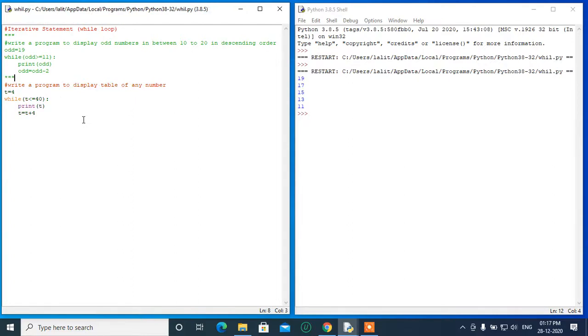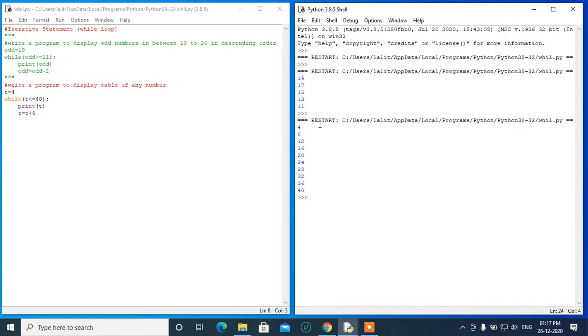Save your program and press F5. It displays the table of 4. If you want to display the table of any number, you have to write the program by using an input statement. So let us take another example.